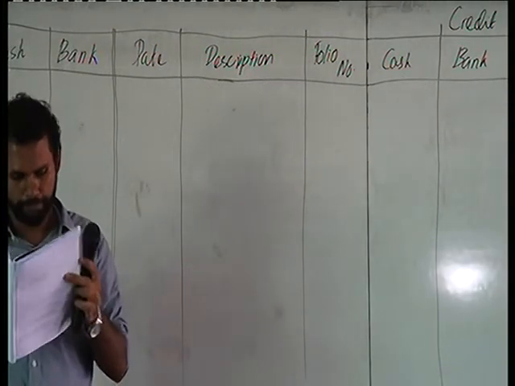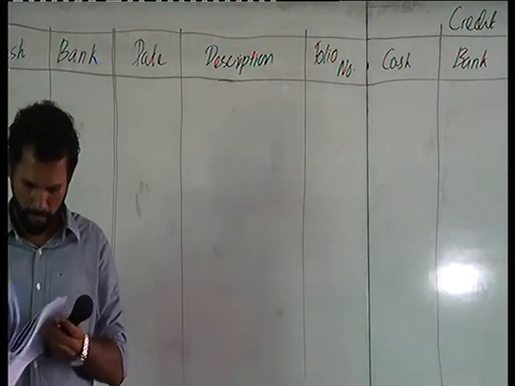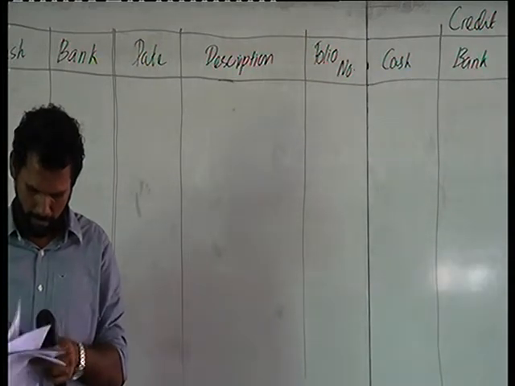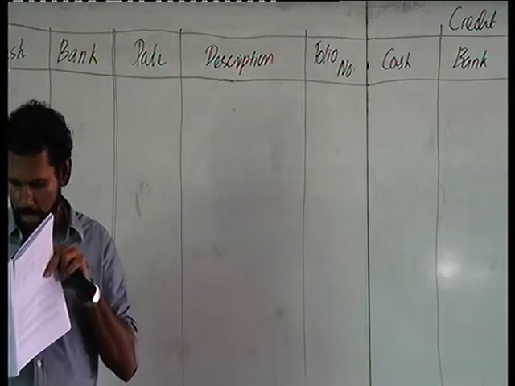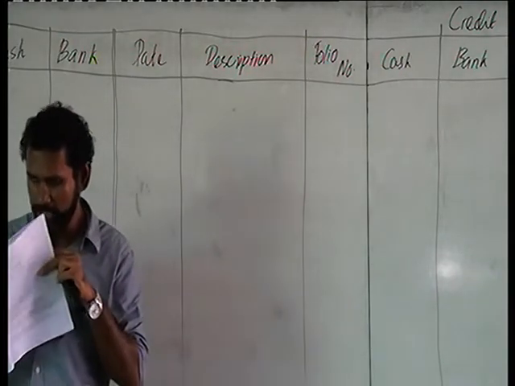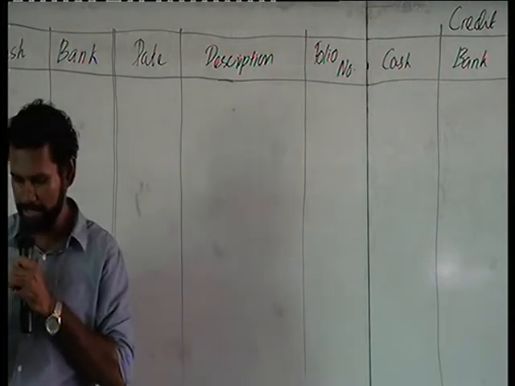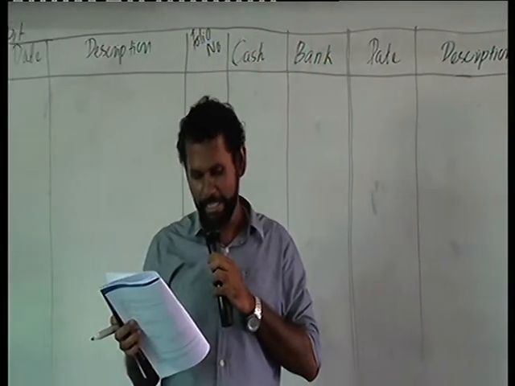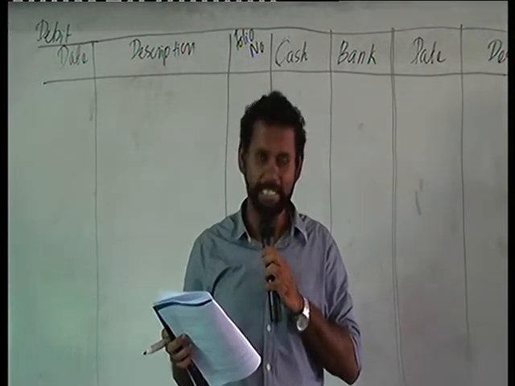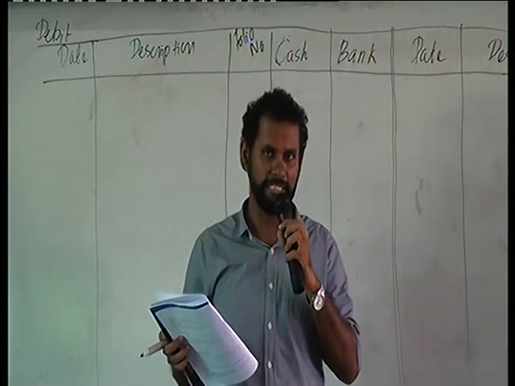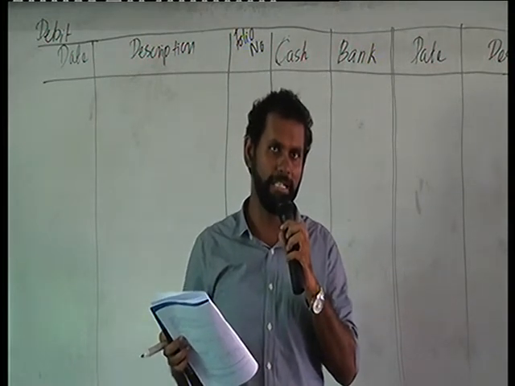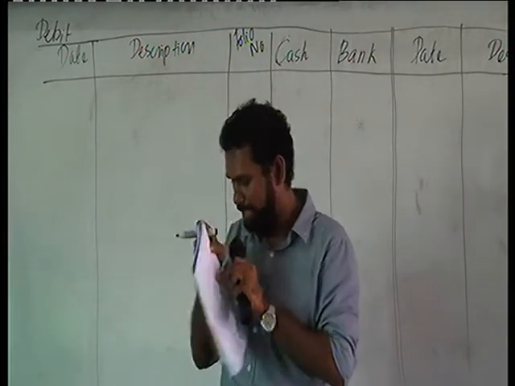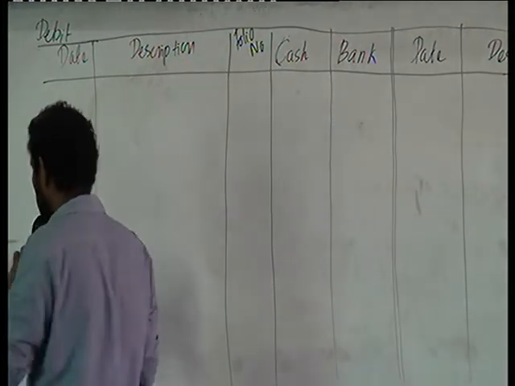If you go back to page number 5 of the tute, you can see account type, asset, increase debit, decrease credit. The higher balance generally is a debit balance. So if it's an asset, the higher balance should be a debit balance. Similarly, cash in hand is also an asset. The higher balance should be a debit balance.